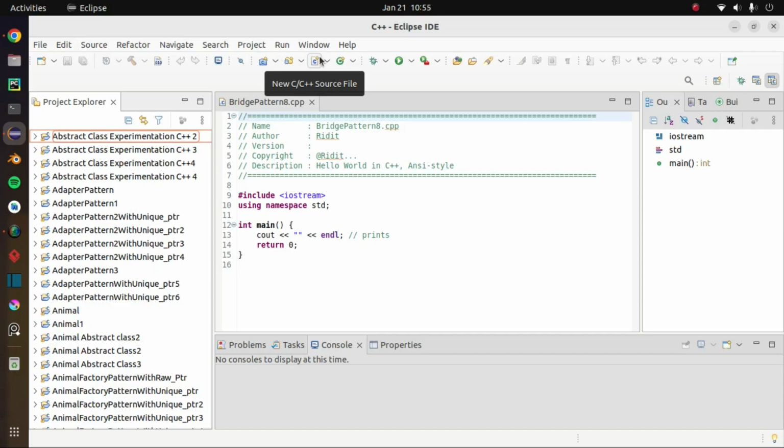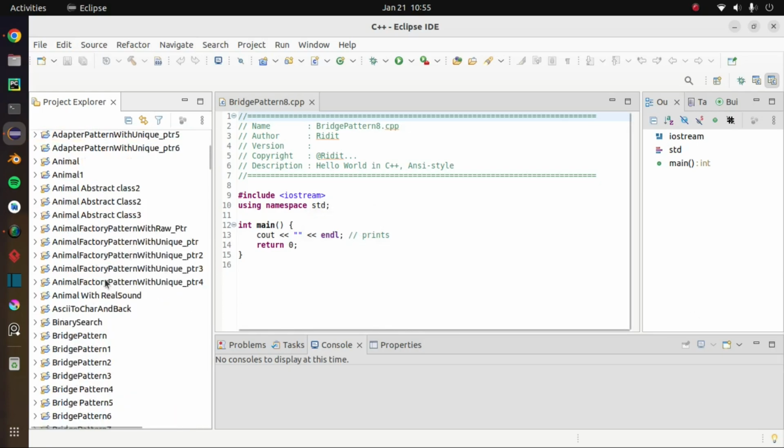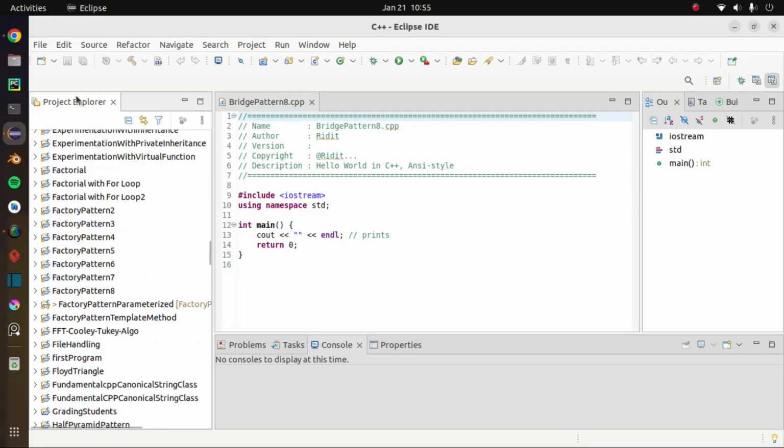First I'm going to be doing it with a raw pointer, and then probably in another video I'll be using the unique pointer to demonstrate. So the basic idea is that we will be decoupling internally joined classes, or hierarchy actually. So composition, guys. Now let's first create our bridge pattern. Actually this is the class, so